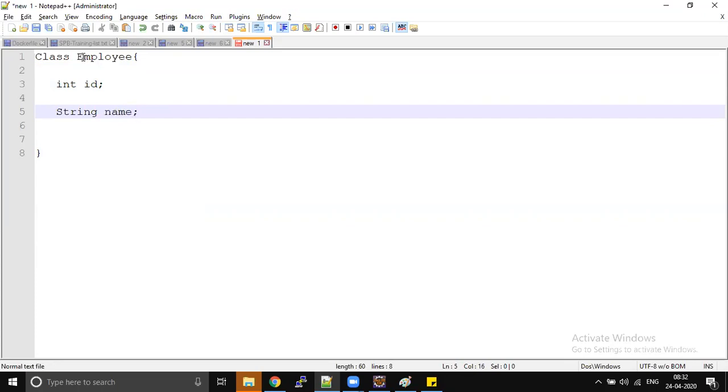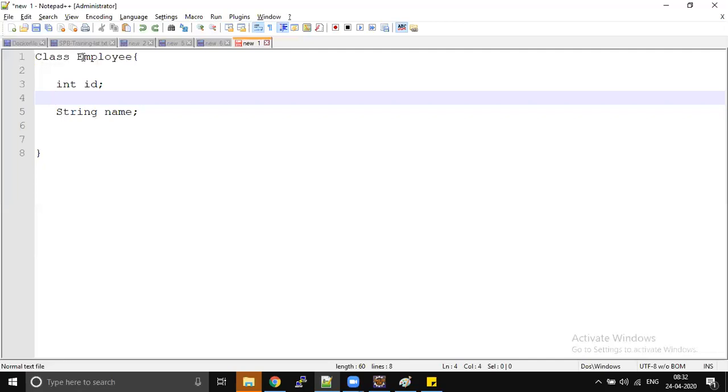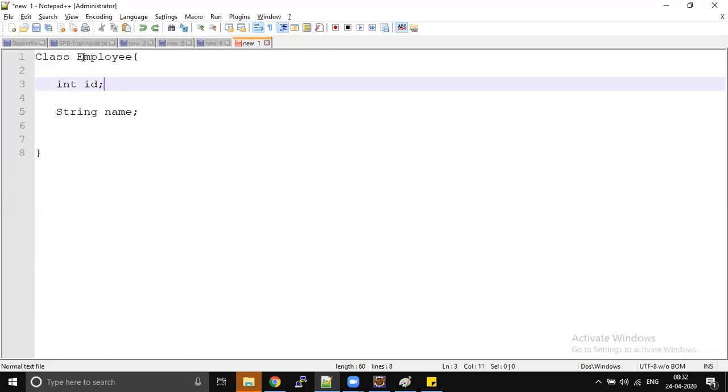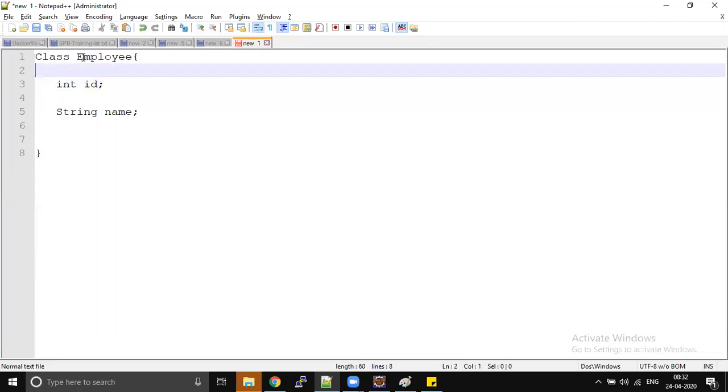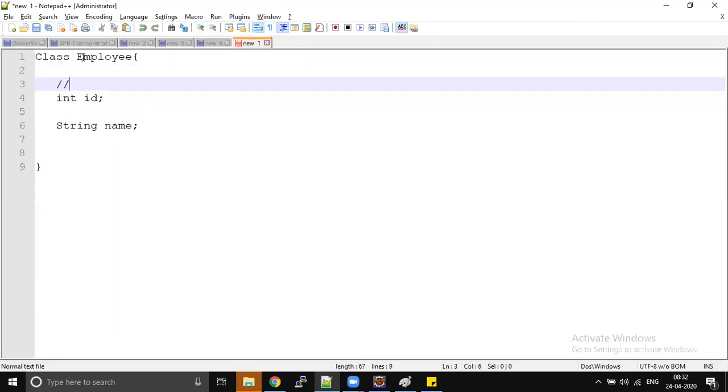This is what we usually do in our day-to-day activity. So can somebody say what type of variable we defined here? One is primitive type, and another one is reference type. But these two are instance variables, or global variables.